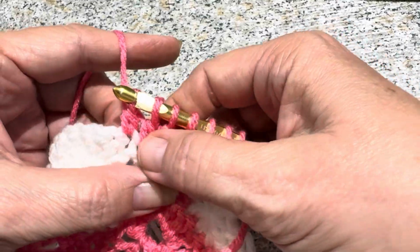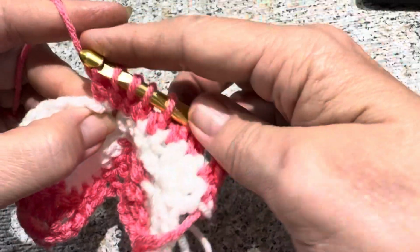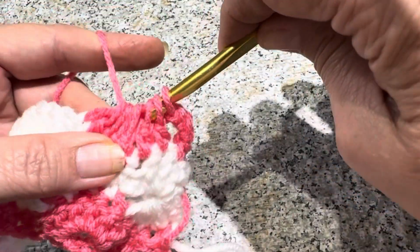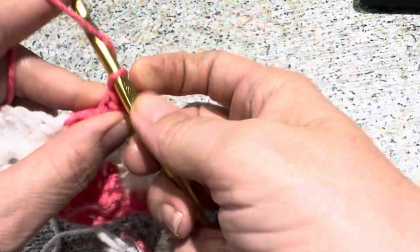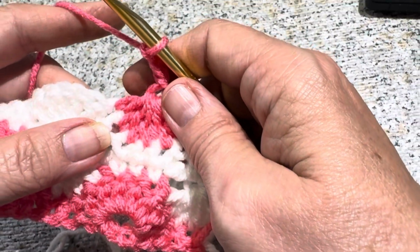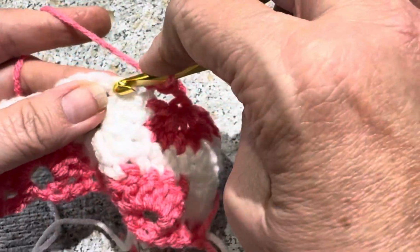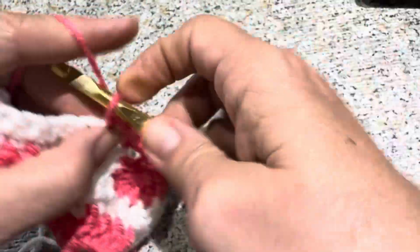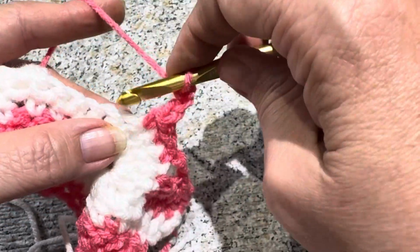1, 2, 3, 4, 5, 6, and you do 1 more. Bring up, and I'm sorry about that noise. That's my air conditioner. It can't decide if it's hot enough or not. Yarn over, pull through all 8 loops. Then you chain 2, 3. And then you're going to do 3 single crochets in the next 3 stitches. You're going to chain 3, and then you're going to go right back again with your